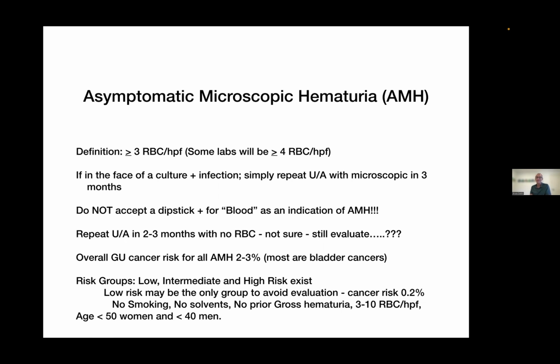Now, that said, what are the odds of someone with asymptomatic microscopic hematuria having actually some urological cancer? The answer is 2 to 3%. But almost all those people are smokers or have solvent exposure, and those are almost all bladder cancers. So now we've put these asymptomatic microscopic hematuria patients into risk groups, low, intermediate, and high. And some of the low risk groups, which is really young women or men who are non-smokers, no solvent exposure, and only have a few red blood cells, we're sort of holding off on